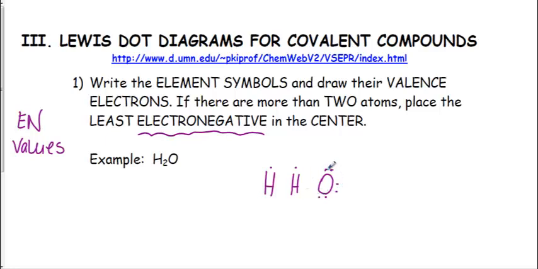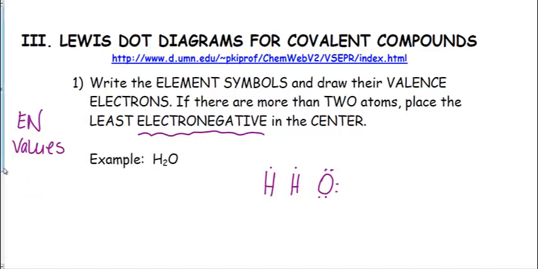What I'm going to do is, just for dot diagrams for bonding, I'm going to pair as many as I can first, and then whatever's left will count as how many bonds it can form. So for the 2 electrons that are unpaired, that means that oxygen can form 2 bonds. Okay, so the first step